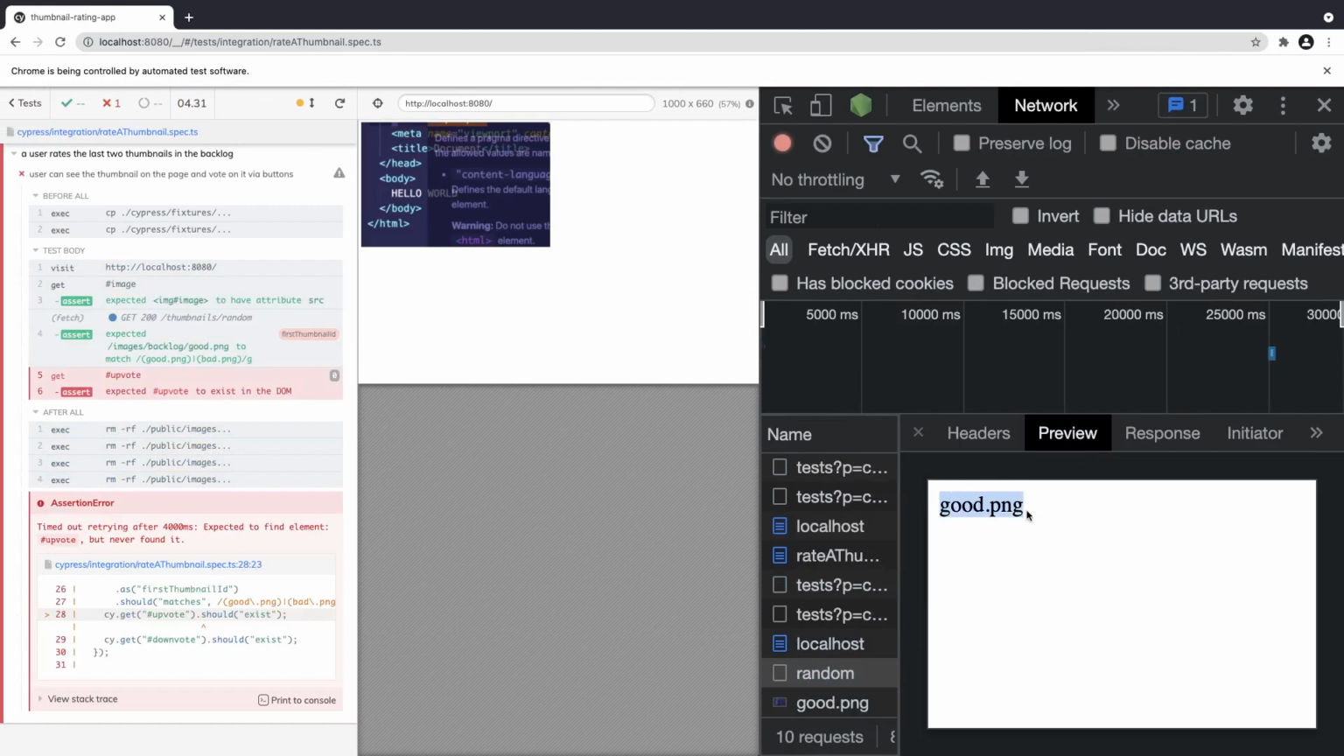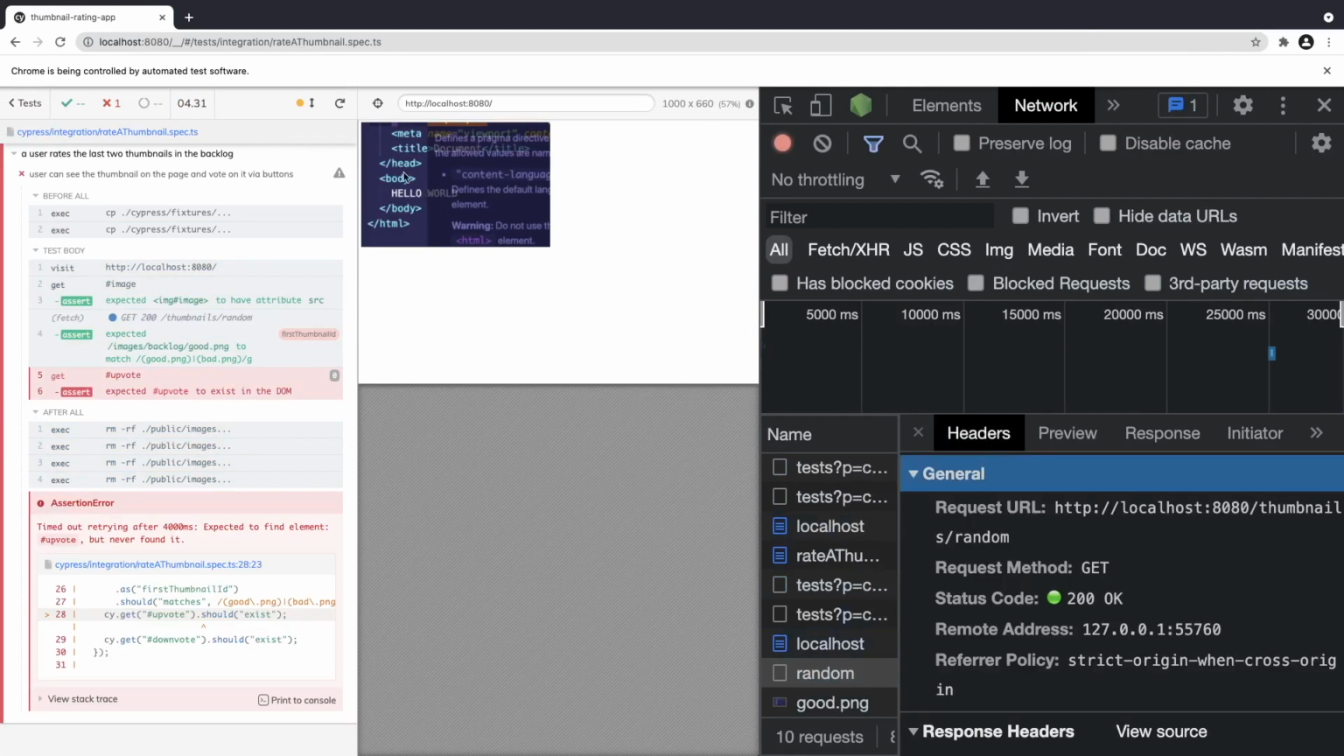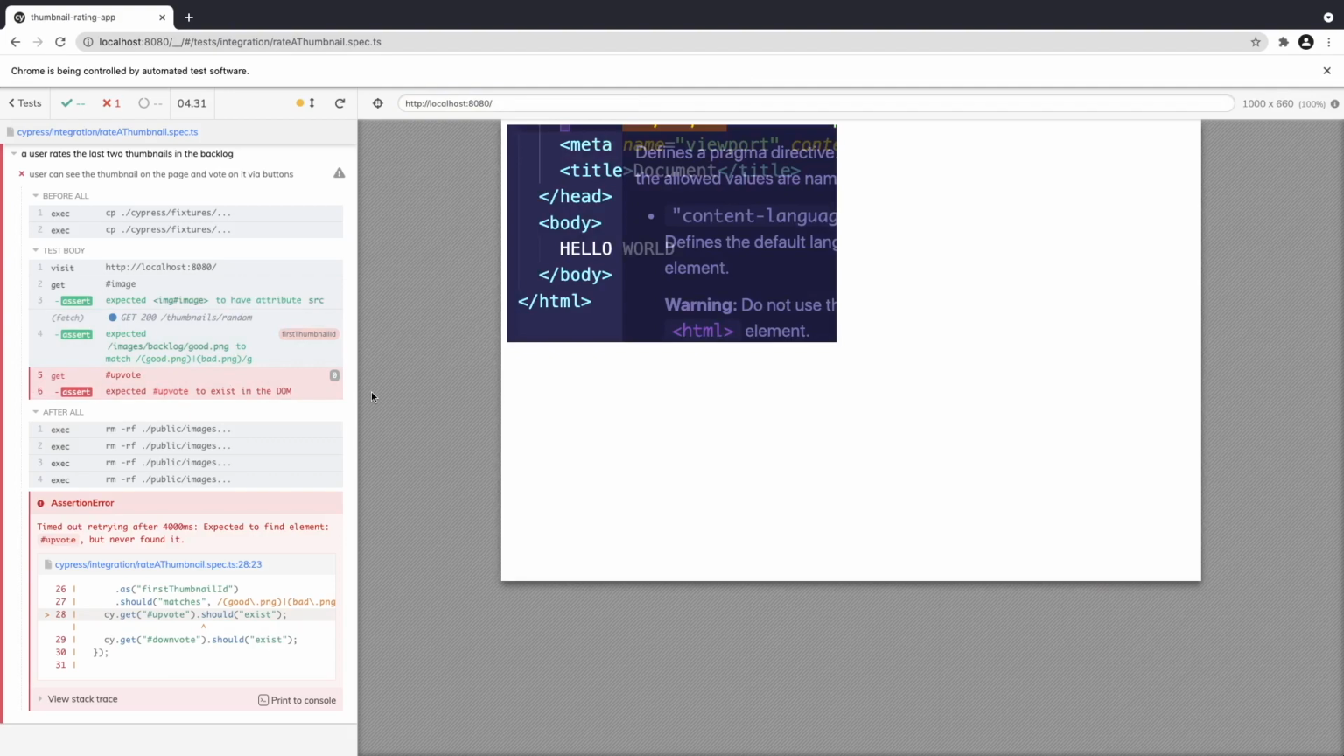And that gives back a good.png. And then we are displaying that good PNG here directly in the browser. So that test is passing now. It's saying that, hey, we have actually displayed an image that contains the string of good.png or bad.png. So that's passing now. Now we can move on to the next part of the test, is we need an